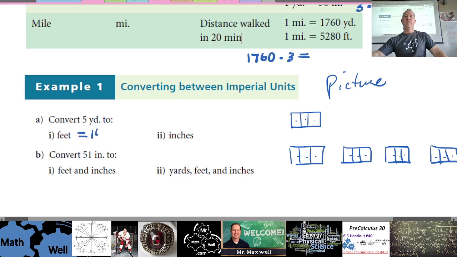15 feet. That's correct. Okay? So pictorially, you could do that. Now, how would we do that with actual calculation? Well, again, if you have 5 yards,